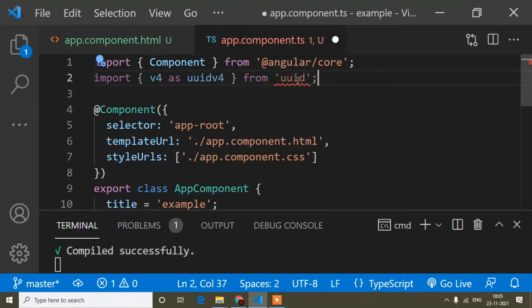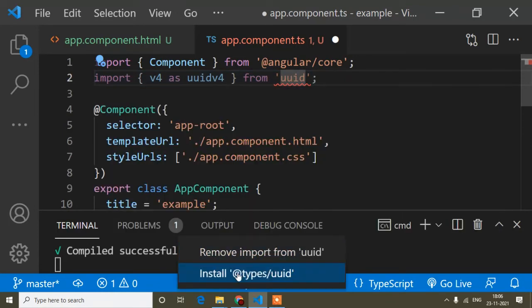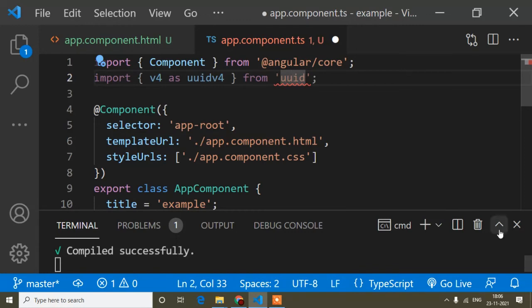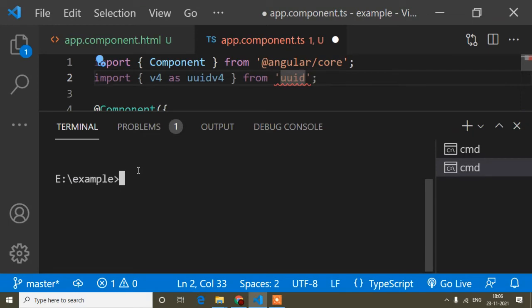But after that, you can see it's showing an error. So what I will do is hover over it, and here you can see the quick fix. I have to install @types/uuid. So I will open another terminal using the plus icon, and install this command also, npm i @types/uuid.